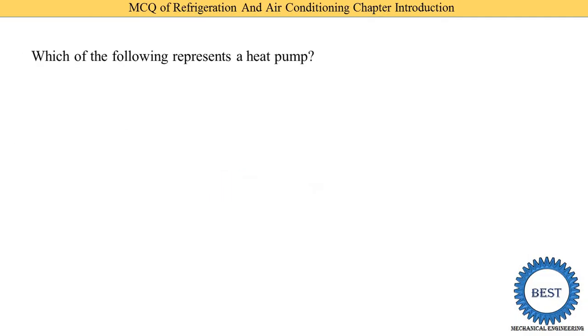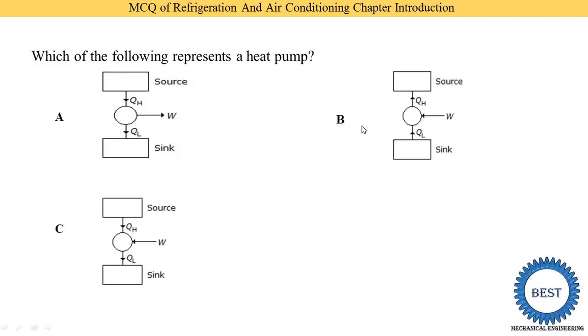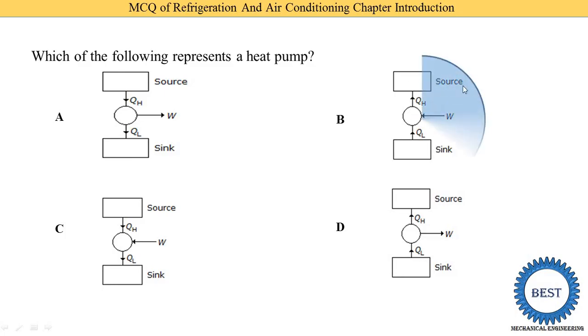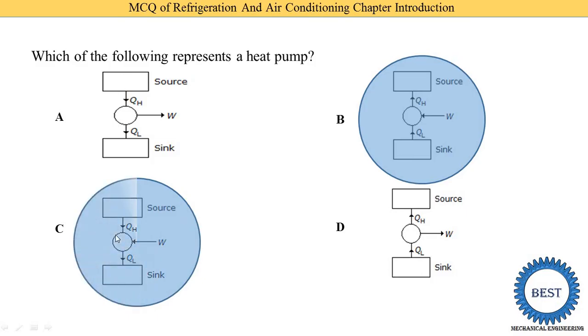Now next, which of the following represent a heat pump? So here the figure is given. From the figure you need to identify the right figure of the heat pump. Okay, this is the figure A, figure B, C and the D. Now we know that in a heat pump we require to supply some work done. So first we identify out of these four images in which figures the work done is supplied. Here you see in figure B we supplied the work done, and also in figure C we supplied the work done. Okay, means answer is either B or C.